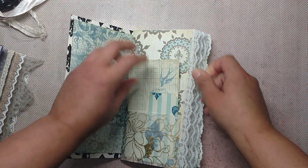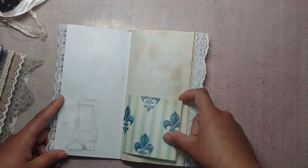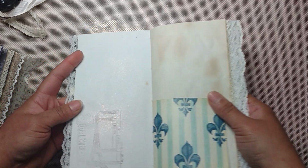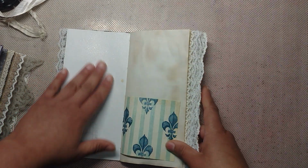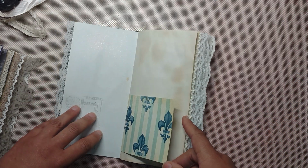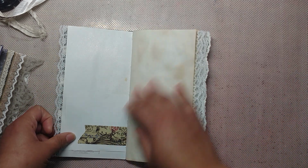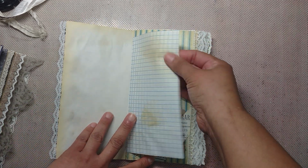And pocket might be a little tight, but it works. And I did some stamping, and I sprayed the pages. I don't know if the light will pick up there, but I sprayed them with some Tattered Angels in their clear color, which has kind of a gold-ish sheen. And then added some washi, coffee dyed paper, sprayed up some graph paper,